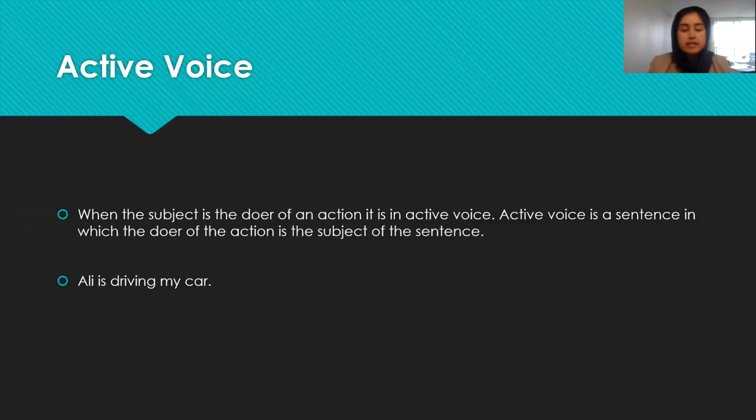Active voice, what is active voice? Active voice is when the subject is the doer of an action. So the subject is more important here. Subject is the doer of an action, so it comes first and the action comes last. The example is: Ali is driving my car. Ali is the subject and driving is the action that is done by Ali. But Ali is more important. The fact that Ali is doing this thing is more important here,